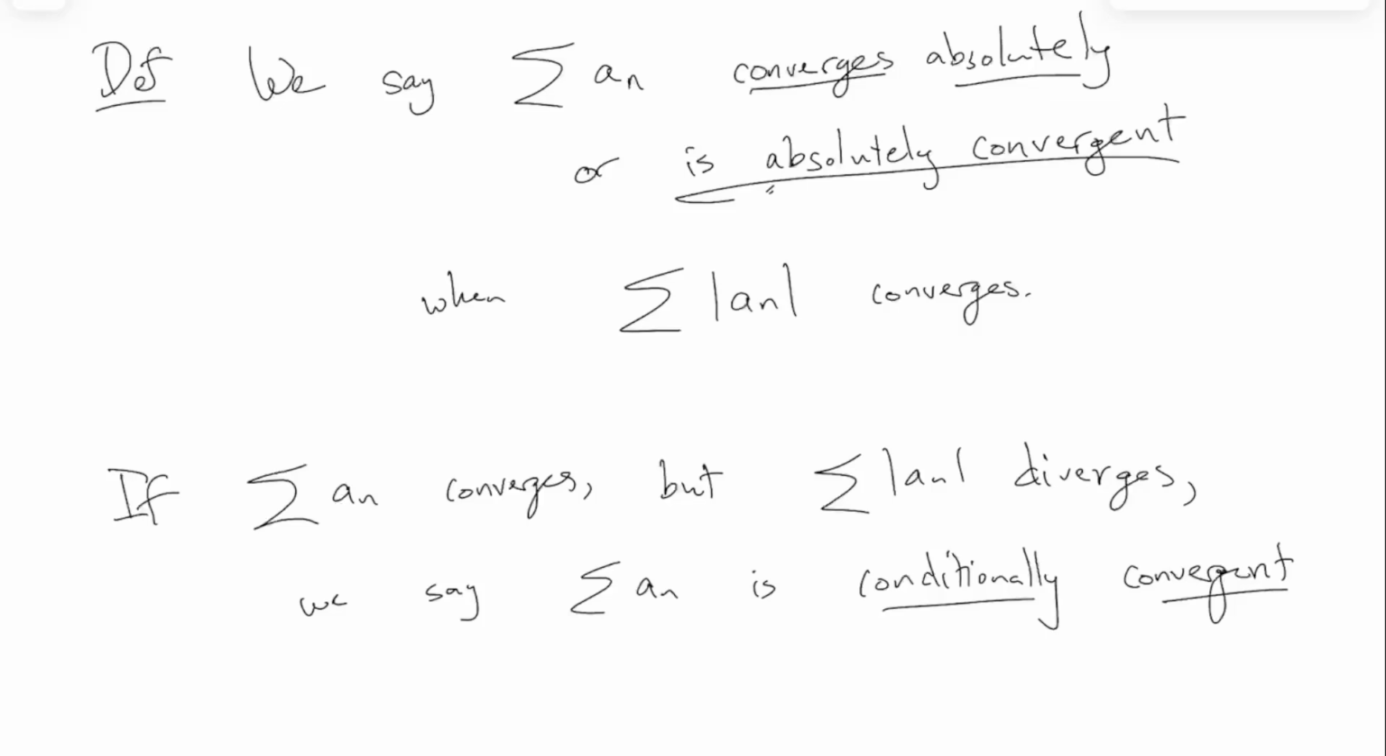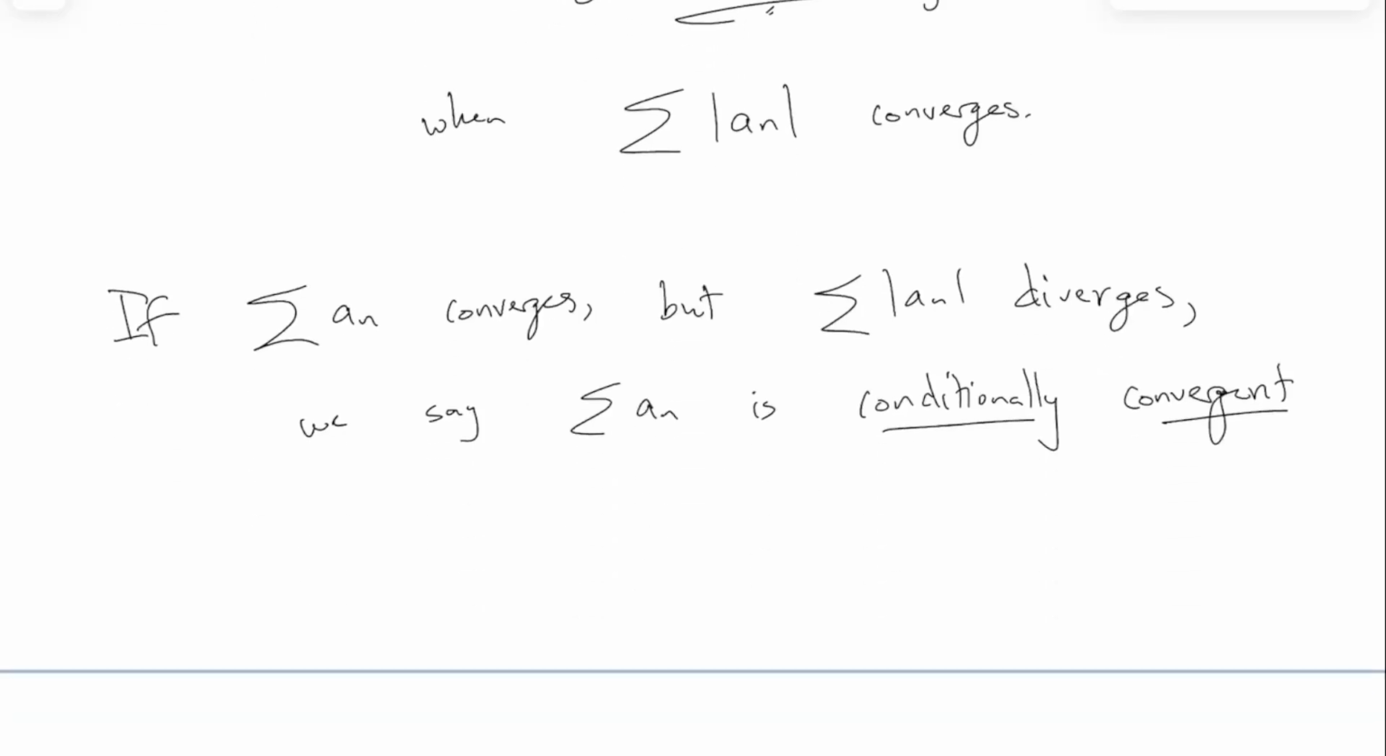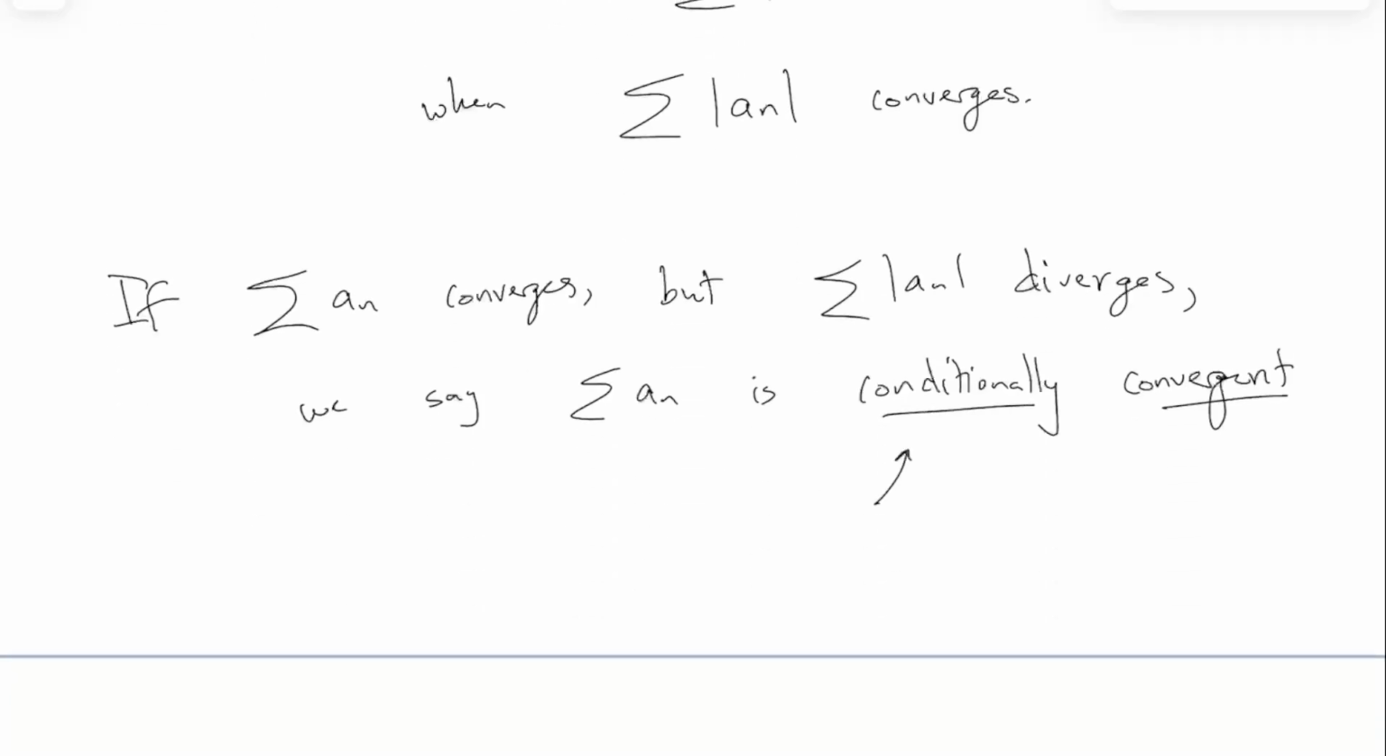Conditionally convergent. Conditionally convergent means it does converge, but only if you keep the signs the way they are. And if you instead take the absolute values everywhere, it will not converge anymore. All right? The sum of a_n is called conditionally convergent. The idea behind this terminology is it converges,